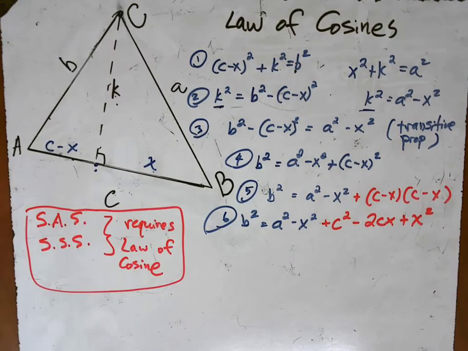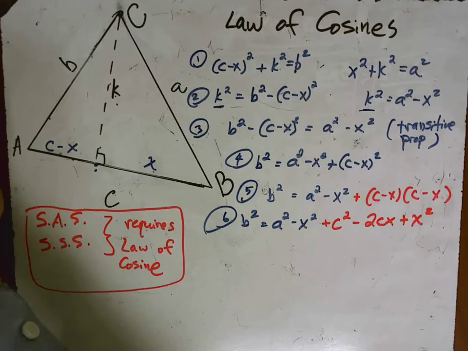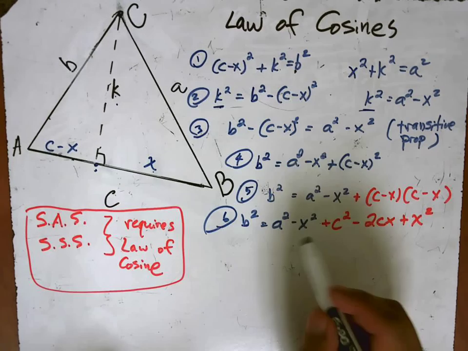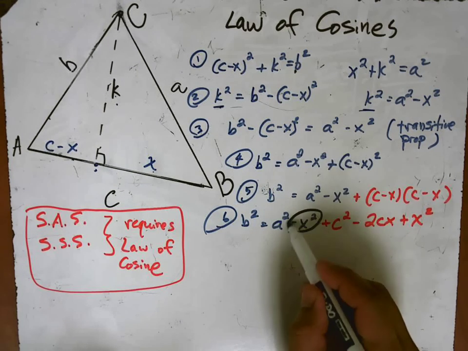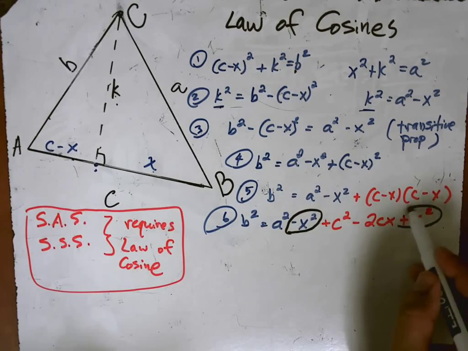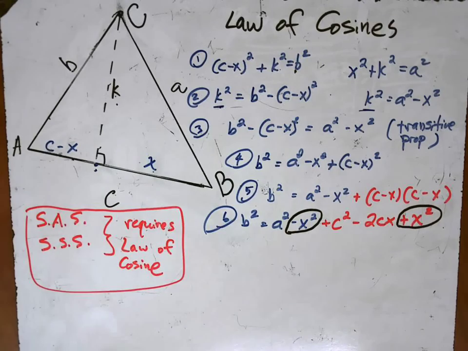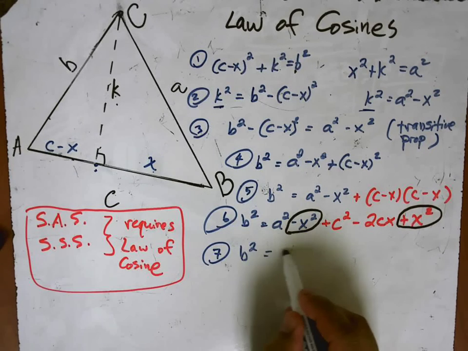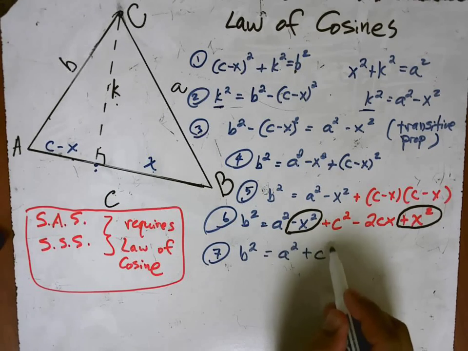And at this point, our expression gets a little bit simpler, because you can see here that I have a negative x squared and a positive x squared, and so those two are going to effectively cancel each other. So I have b squared equals a squared plus c squared minus